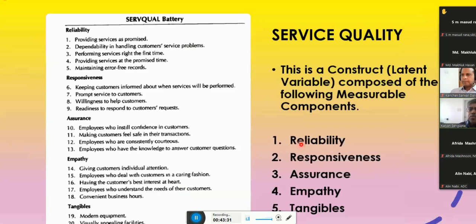So you can pinpoint the service inadequacies, and if you can pinpoint them, you can write your report on what you can do to increase the level of service.